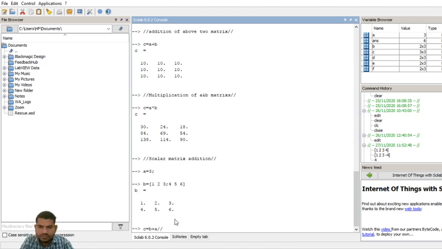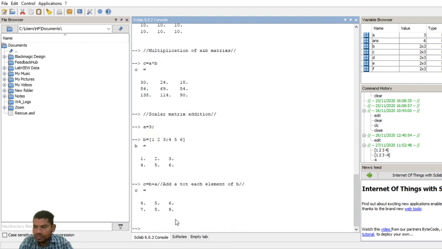Add A to each element of B, that is the output. See here, 3 plus 1 is 4, 3 plus 2 is 5, 3 plus 3 is 6, like this we are getting this output. Okay? Scalar subtraction is also the same operation.